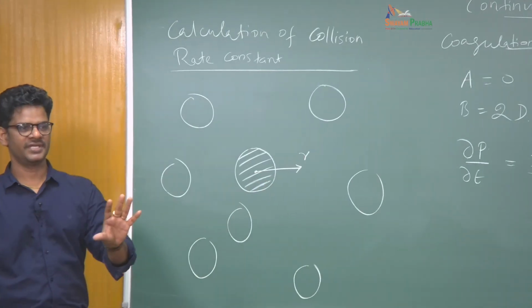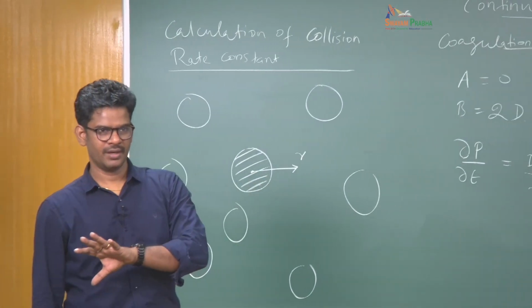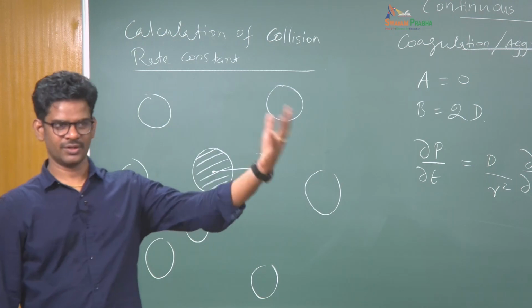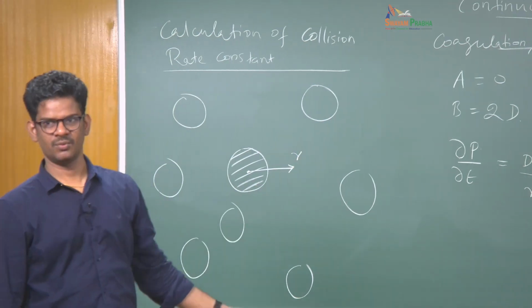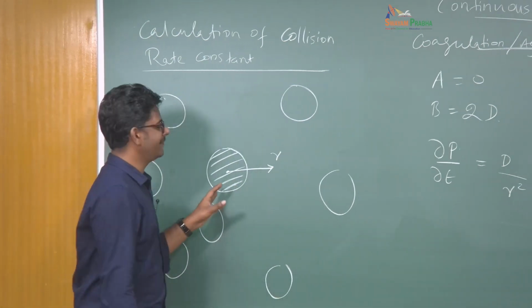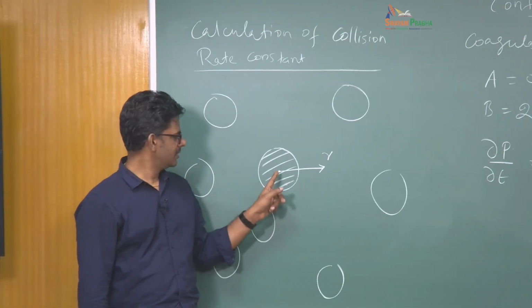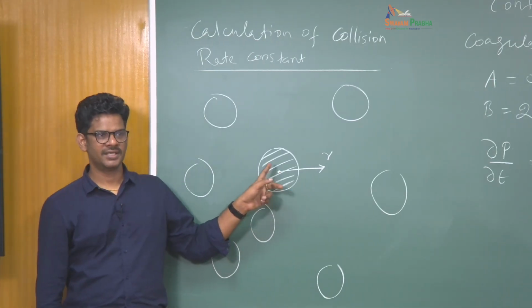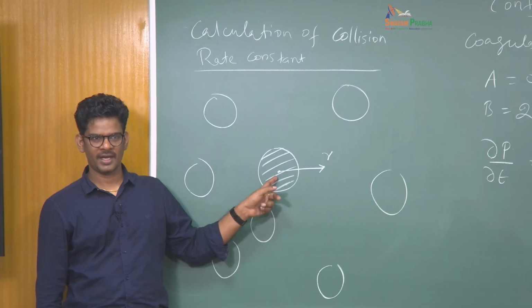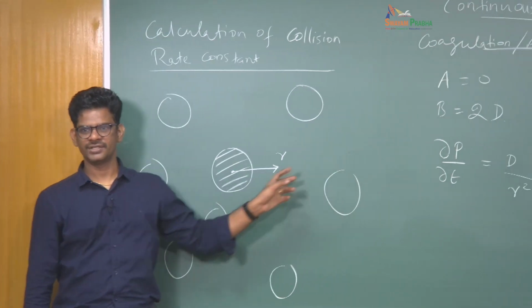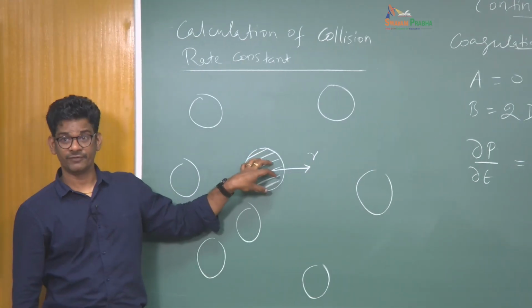This is the first time we are moving from a rectangular coordinate system to another coordinate system, in this case a spherical coordinate system. Why am I doing this? Because I have defined my problem such that the coordinate system is centered at the origin of this frozen particle, and I am looking only at the radial variation of concentration from this point of view.